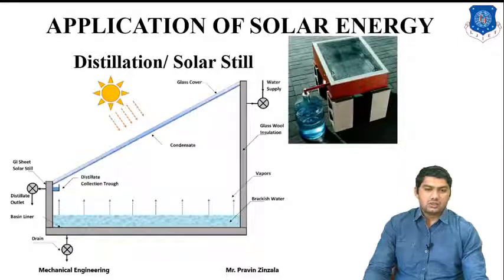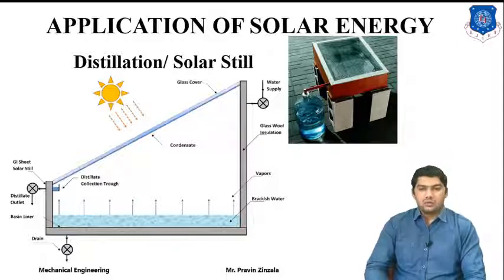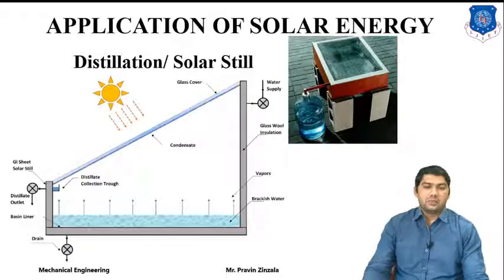This is also a practical model, or practical example, of solar distillation. It will be placed on our surface in the solar radiation, and the quantity of water depends on the size of your solar still, the type of solar radiation or collection of solar radiation, the type of water, and the material of our solar still. So it depends upon your surface area and the performance of the solar still.